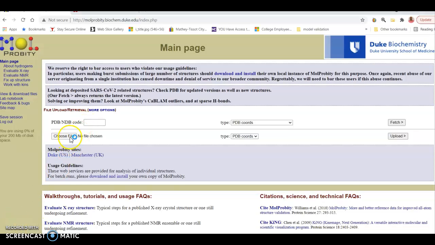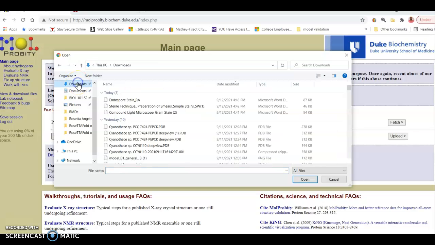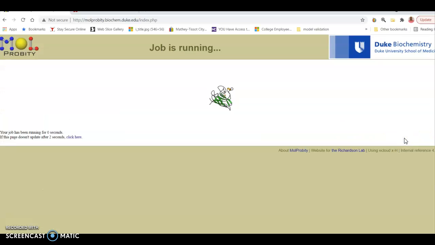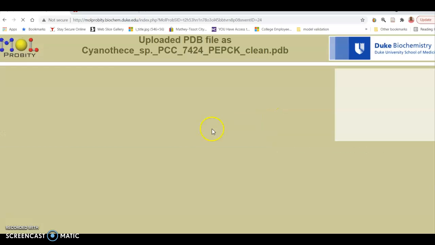So you want to choose files. In my case, my model is under documents. This is the one that I'm going to show you as an example. So I just chose the model from my documents. I'm going to upload the model onto MolProbity, and I should be getting